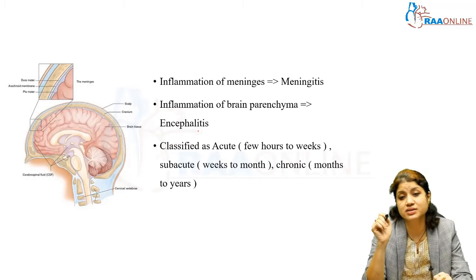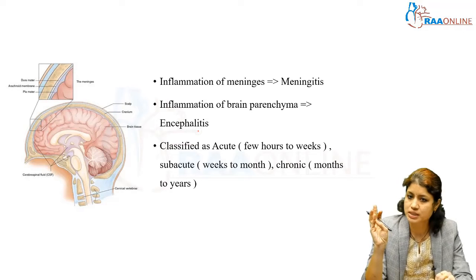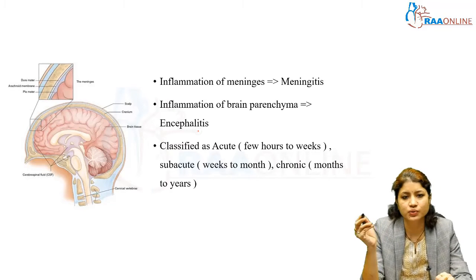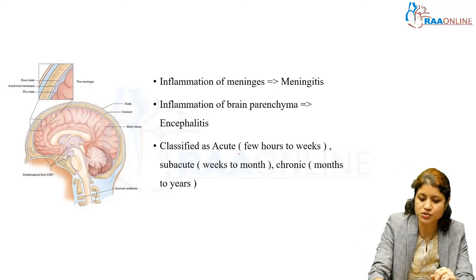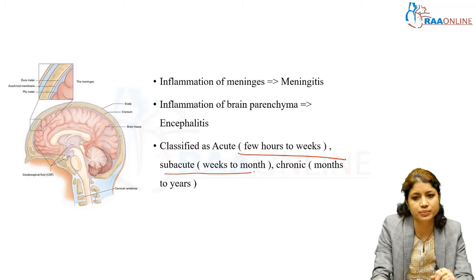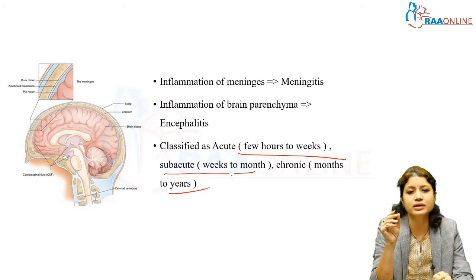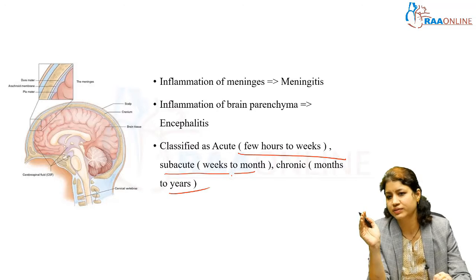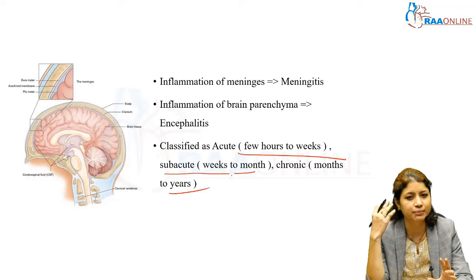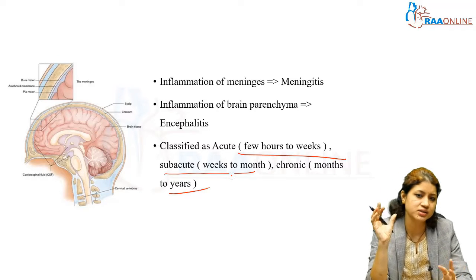So this meningoencephalitis is classified as acute, subacute and chronic. Acute occurs over a period of a few hours to a week, subacute occurs over a period of weeks to months, and chronic is where they'll be having one dull aching fever with mild headache and mild sensorium changes for a period